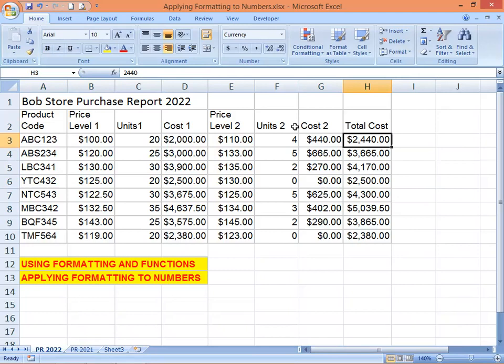Now let's create a format for the columns that contain the number of units purchased for each product. Because Excel does not offer a built-in format for units, because what we're going to write here is units after the numbers. So you can create a format yourself using custom formatting. So to create a custom format for the units columns,